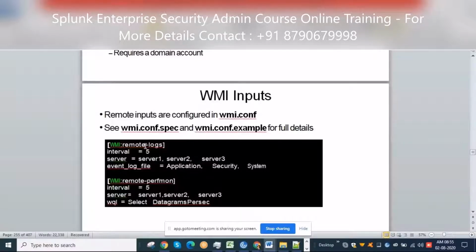Here we are trying to get some remote logs and the server details. The server details were given, that means server 1, 2, 3, where we are getting all the logs from these three servers, and the Win event log files. So what logs do you require? We have many things to monitor, but here specifically he has taken only application, security and system.